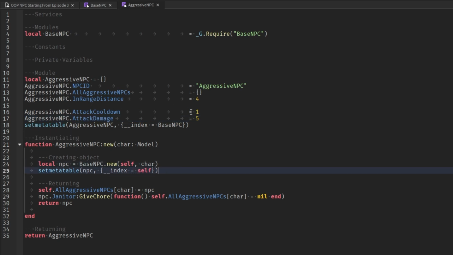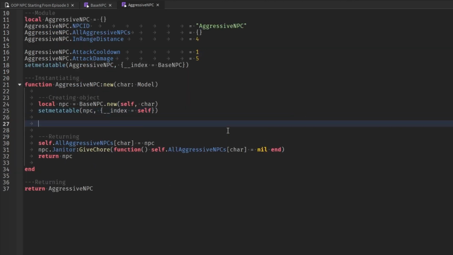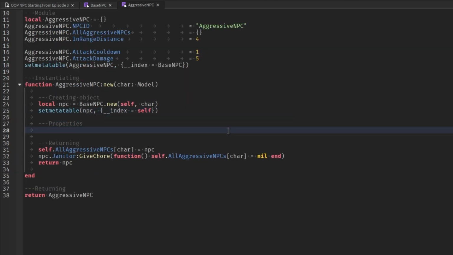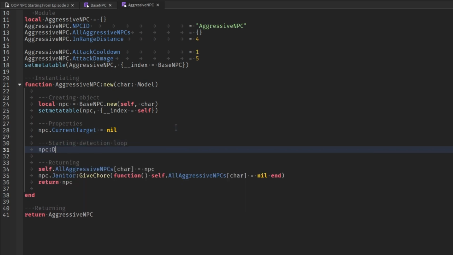And so now we're going to go into the new function. We're going to add some additional code, not very much. We're going to add a new property. So we're going to set properties npc.currentTarget equals nil. And so this is going to be the character model that the NPC is currently chasing, if there is one, right? Then we're also going to start the detection loop. So NPC detection loop function,